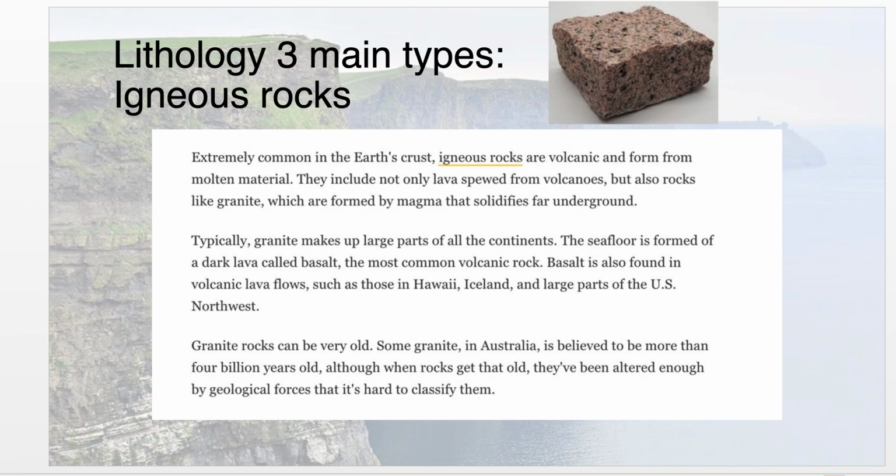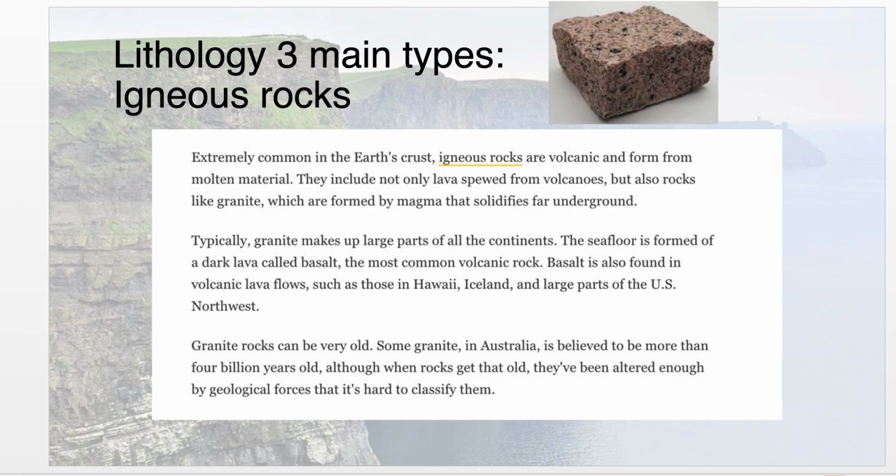So we have igneous rocks here, and you might want to pause the video at this moment and make a quick note on what an igneous rock is. Igneous rocks basically make up large parts of the continents, so large parts of the seafloor and the land, and many igneous rocks are exceedingly old because they were formed in volcanoes and molten material a long